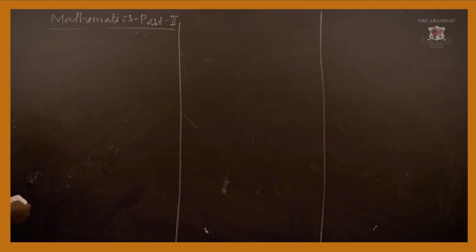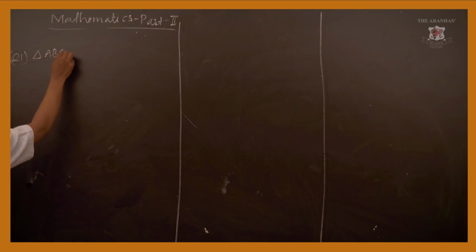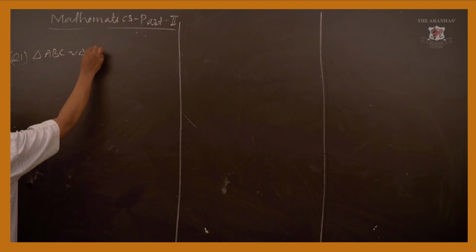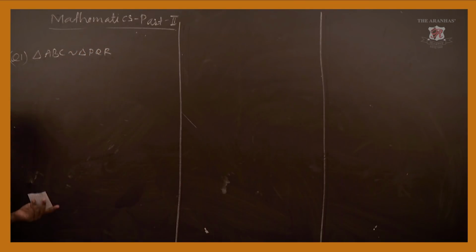Now the first one I am taking comes for 1 mark. See here, this is example number 1, which is based on this concept only. It is written triangle ABC. Maybe you think we always take triangle ABC and PQR. It's not like that, but mostly it's a habit only. Our examples depend on ABC, PQR, but it's not compulsory that it is always ABC and PQR.